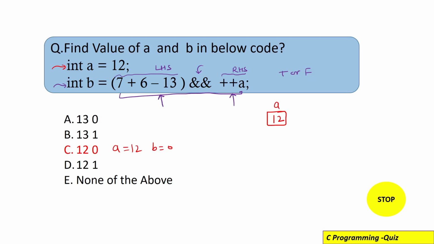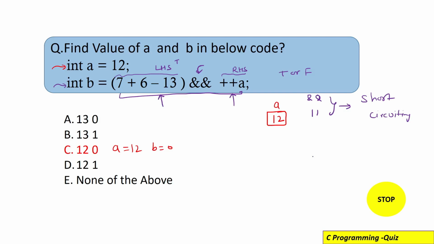You know that this logical AND operator takes either true or false as the operand, right? So let's see how we will calculate the answer. Before proceeding, you should know that in case of logical AND and logical OR, there is a concept called short circuiting. This is a very important concept that you should know. I have already discussed short circuiting in depth in one of the C programming videos. You can find the link of that video in the description or in the I button also.